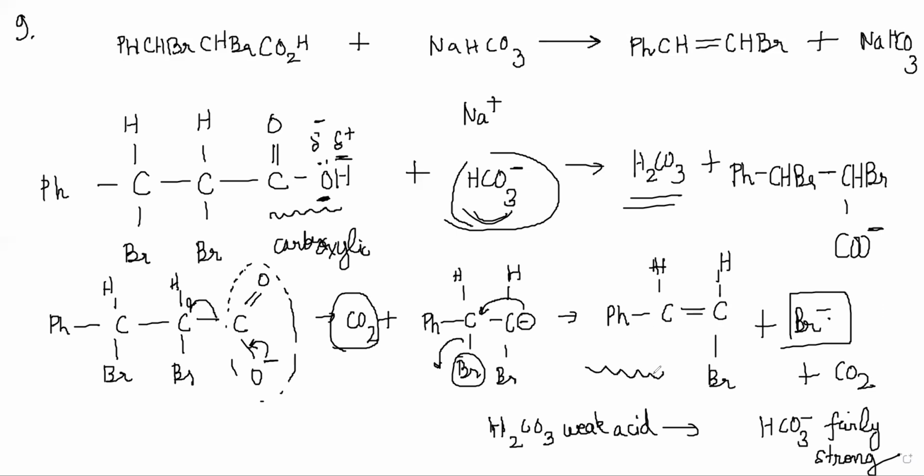Now what happens to the HCO3 minus that was released here? There was some HCO3 minus or stuff, no? That is really H2CO3, right? H2CO3 was coming out. That can become H plus and HCO3 minus, right? And there's still an Na plus in this, so NaHCO3 will form. HBr can also form, because one Br minus hasn't come out. They are not mentioning it for some reason. Bromide ion is coming out.